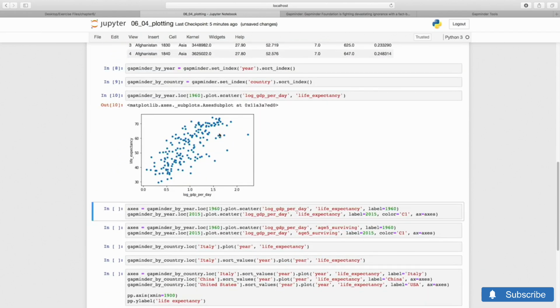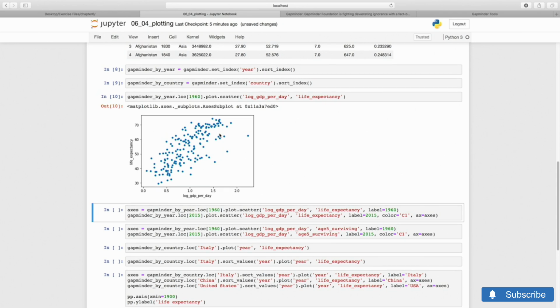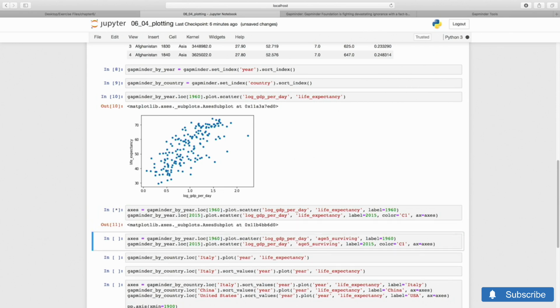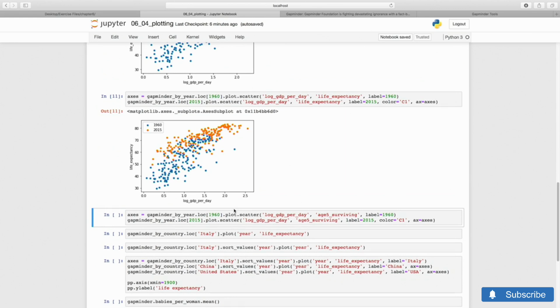If we want to compare a more recent year in the same plot, we need to grab a Matplotlib axis object from the first plot and then pass it to the second. This is the kind of solution that you find on stackoverflow.com. We should also change colors and label the two clouds of points. We see that in going between 1960 and 2015, the dots flatten towards the top, towards higher life expectancies, thanks to significant progress in public health policy and practice. The trend is the same for other statistical indicators, such as survival by age 5.